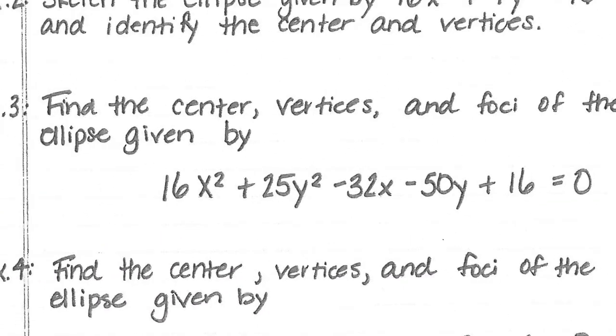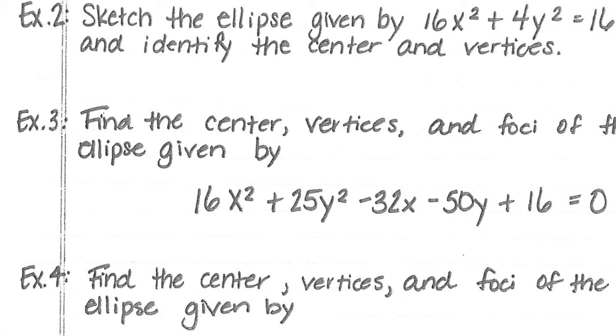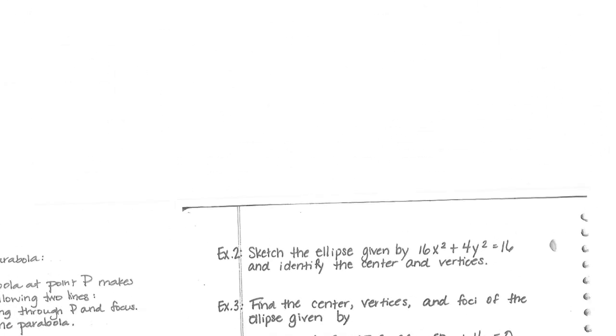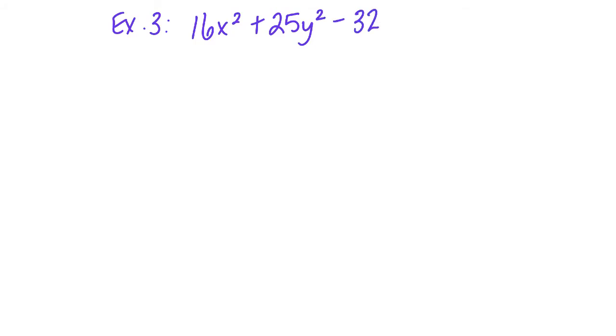I'm going to go right here to example 3. Example 3, we have a lot of completing the square, and there's a lot to this one. So the first thing I'm going to do is write it up here because I don't like where I was getting the options. So example 3 says 16x squared plus 25y squared minus 32x minus 50y plus 16 is equal